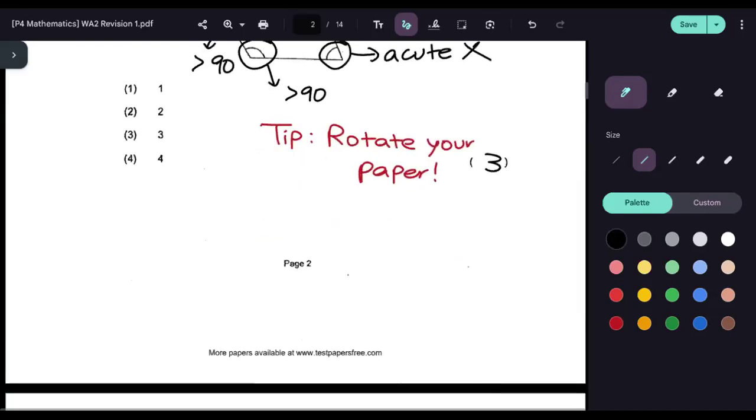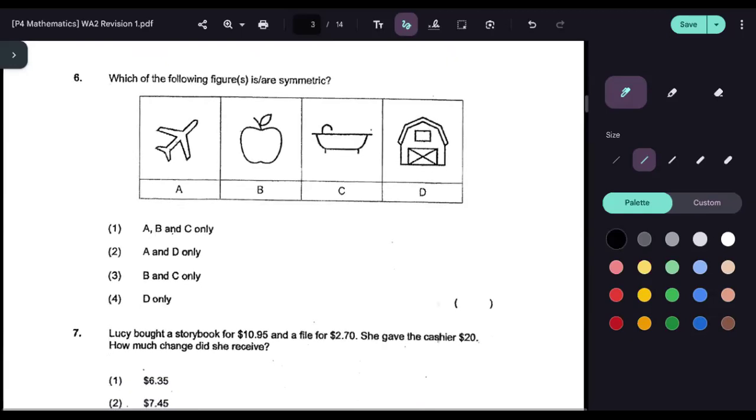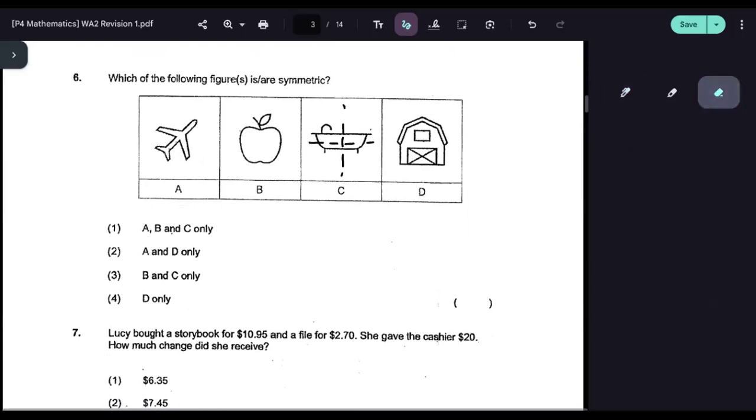Okay, let's go on to the next one. This one. Which of the following figures is or are symmetric? Symmetric means when I draw my dotted line like this or this, I can tell that they are exactly the same. Both sides are exactly the same. So for this